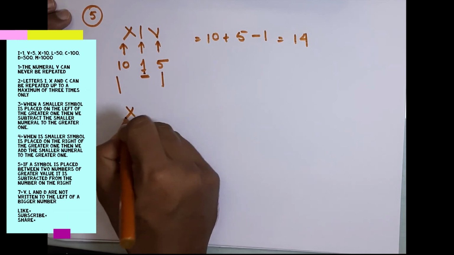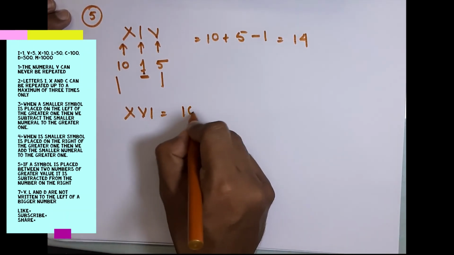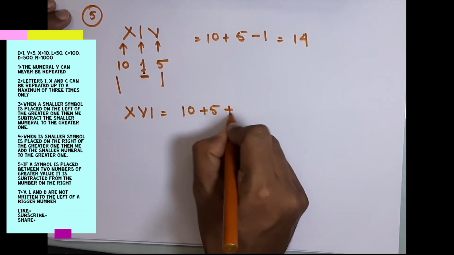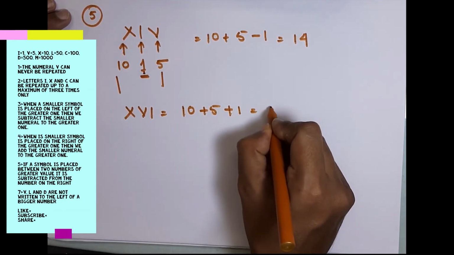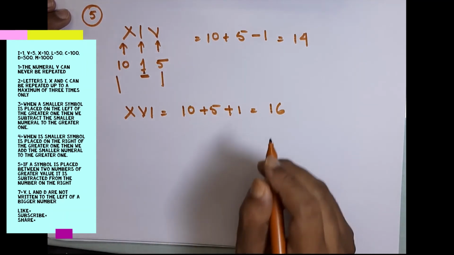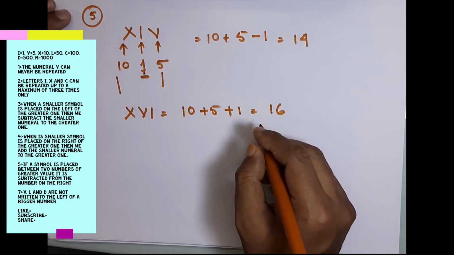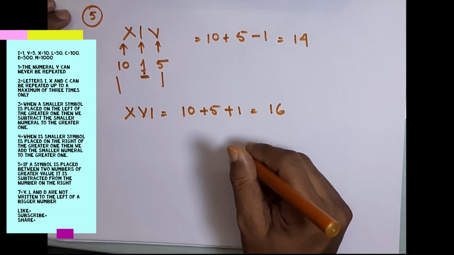Yes, it will be 10, 5, 1. It is addition, it is not a subtraction. So 10 plus 5 plus 1, it becomes 16. So this is a very good way of presenting. Now the 6th point says there is no representation of 0, and the last point says that